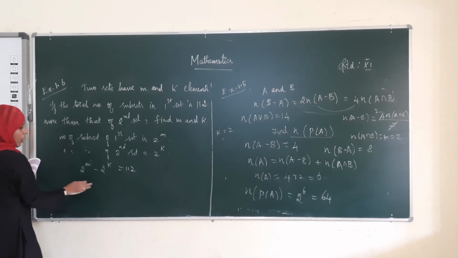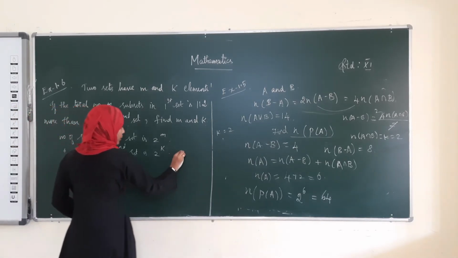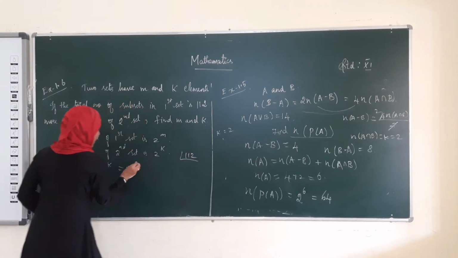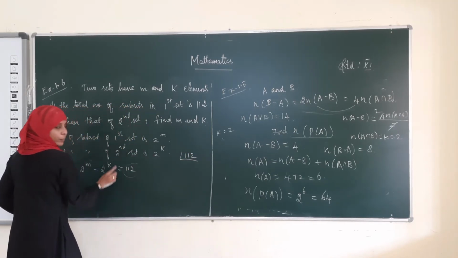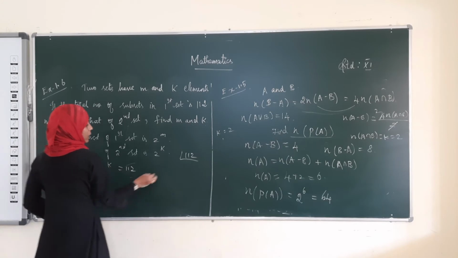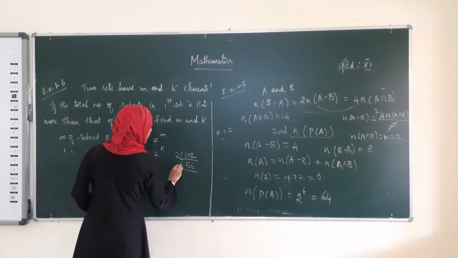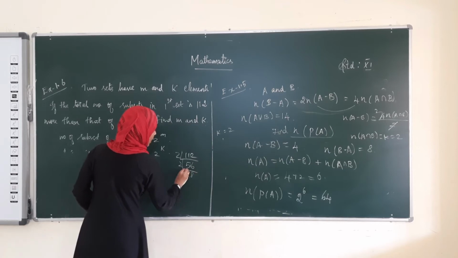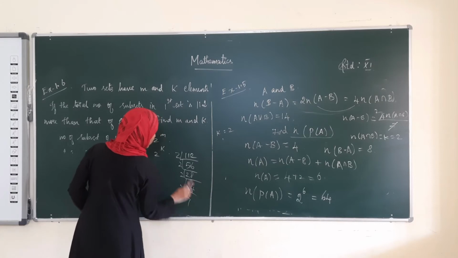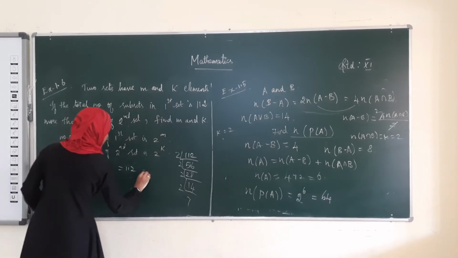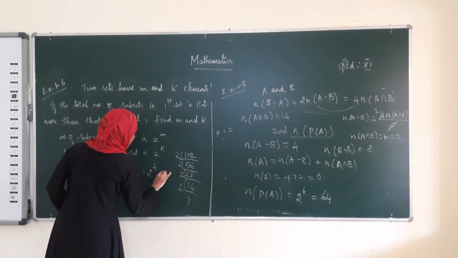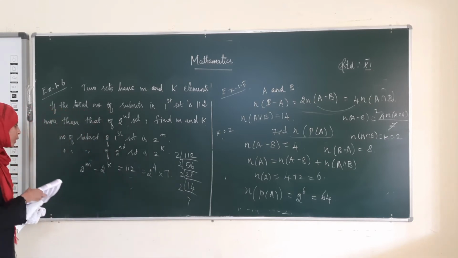Since this base is common, before that we are going to write this in 2 power format. 5 2s are 10, balance 1, 6 2s are 12, 2 2s are 4 and 8 2s are 16. So 2 power 4 into 7. Therefore, this can be written as 2 power 4 into 7.